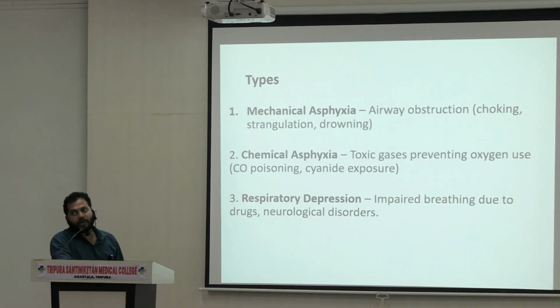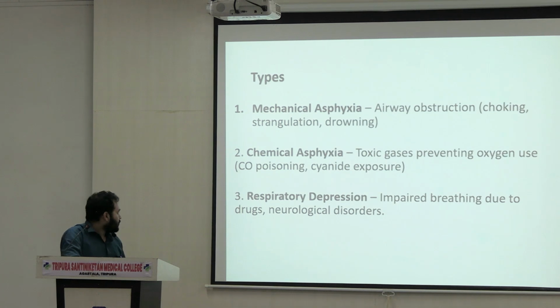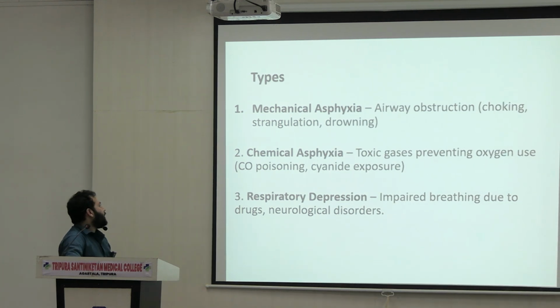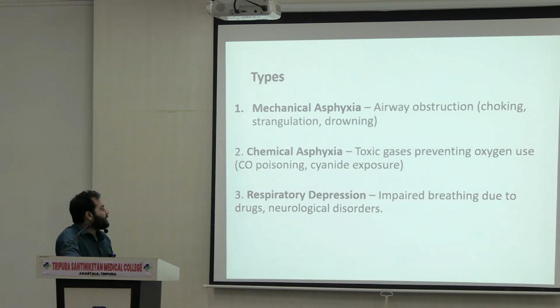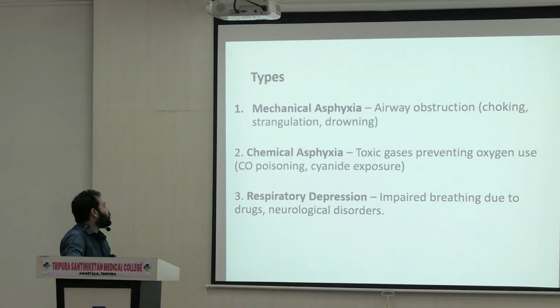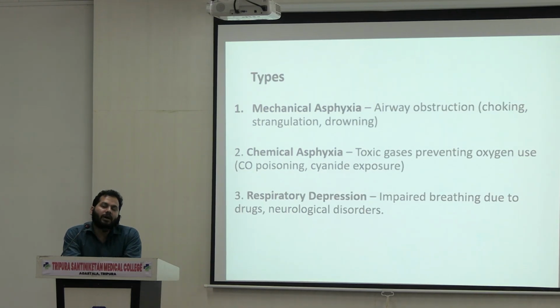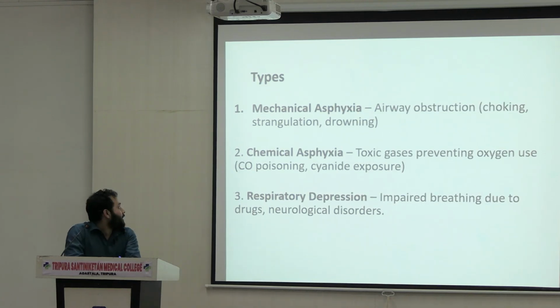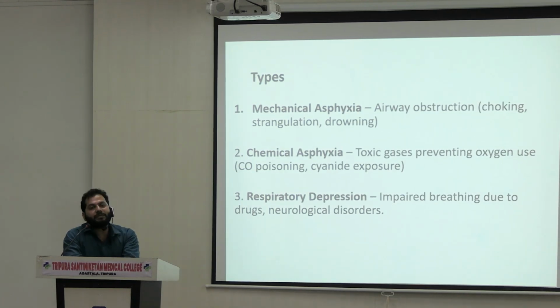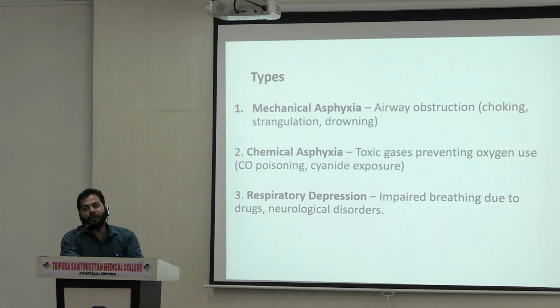So what are those chemical gases? That is carbon monoxide poisoning, right? Other than this, respiratory depression means there is impaired breathing. It is due to some drugs as well as neurological depression that also leads to respiratory depression. So it means based on some characteristics, asphyxia is of different types. Some are called mechanical, some are called chemical, and others are respiratory